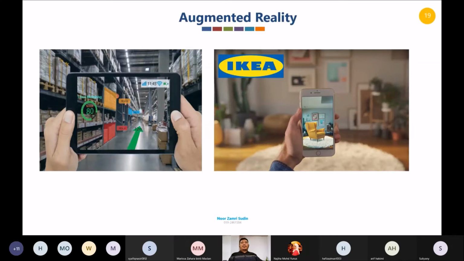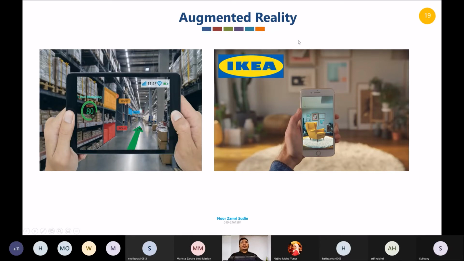And this is augmented reality. Augmented reality is the real world, but on top of the real world you put some layer on top of that. On top of the real world, you add one more layer. You can put anything on that. For example, this is inside the logistics area. When you use your phone, you can see the data they show you. This product still has 5 items remaining, so you can go there. This one is 12 meters away, and others. Okay, this is an example from IKEA.